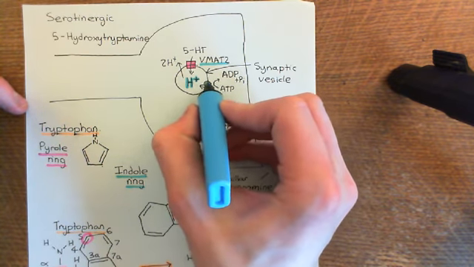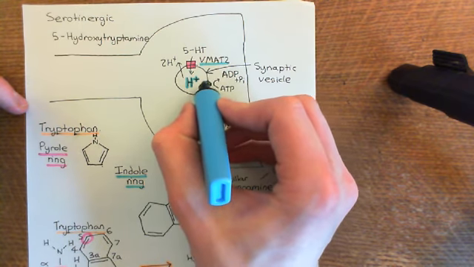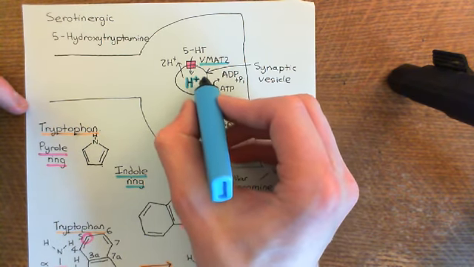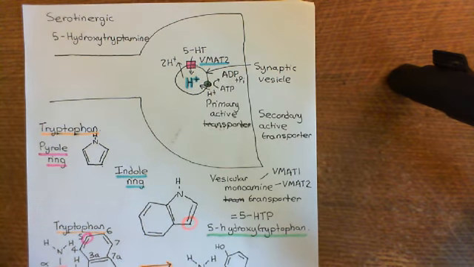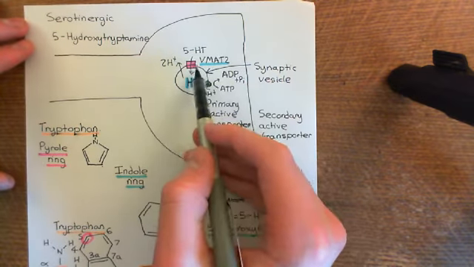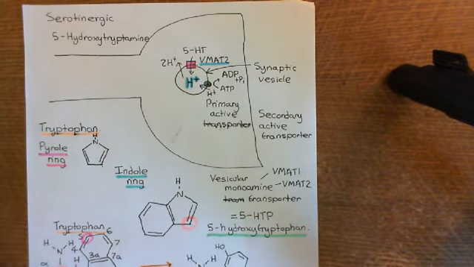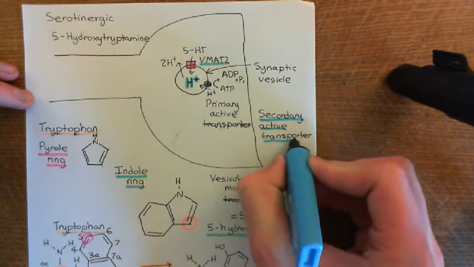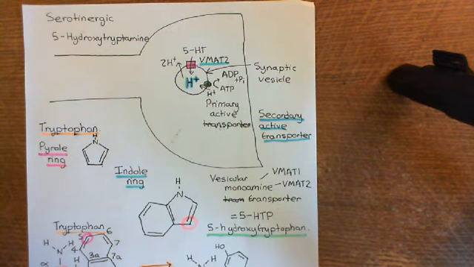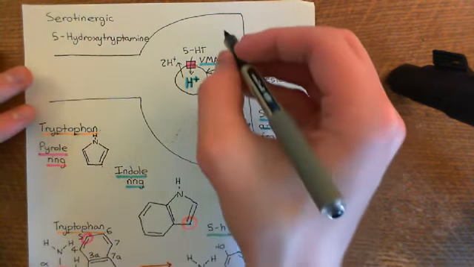are pumped into the lumen by a proton pump in the membrane of the synaptic vesicle that is a primary active transporter and is using ATP hydrolysis to move the protons into the lumen of that vesicle. Okay, VMAT2 in contrast is a secondary active transporter. It uses the energy that is released when the protons leave the synaptic vesicle to move the serotonin into the synaptic vesicle. Okay, the other fate for serotonin is that it could be broken down by an enzyme that